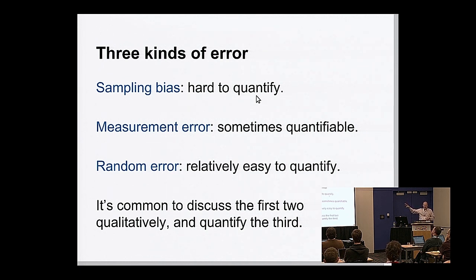So here are those 3 pieces. The third one, random error, is the one that is relatively easy to quantify, and that's what we're going to do. The other 2 are hard to measure, and therefore there's a little bit of a temptation and a tendency to ignore them. So this is the second part of my rant for the day: remember that there are these 3, and there are more, but these are the big 3. When we quantify uncertainty, we almost always talk about this one. The other 2 are not often quantified, but we need to remember that they are there. So that is the rant for part 2.